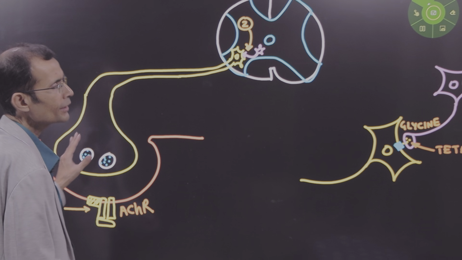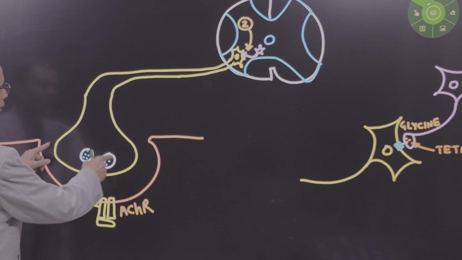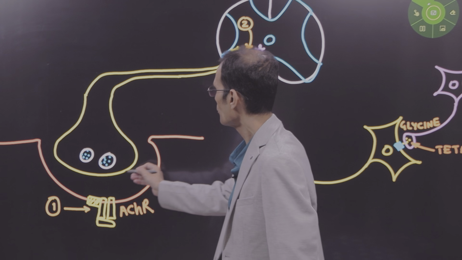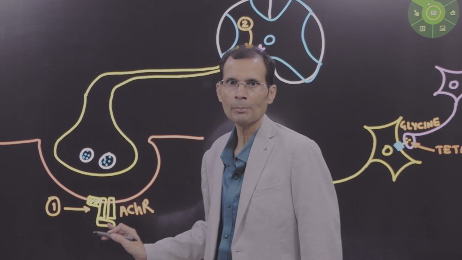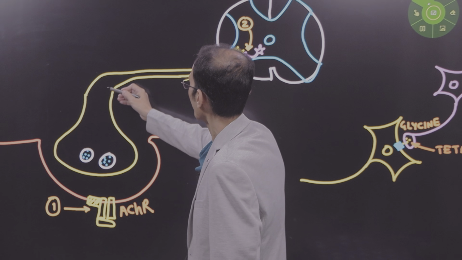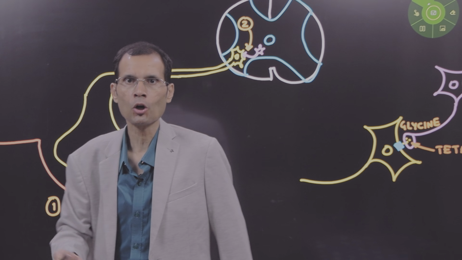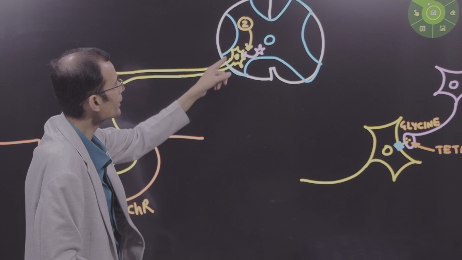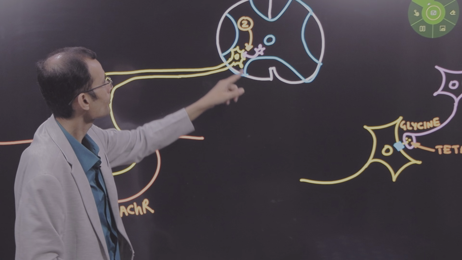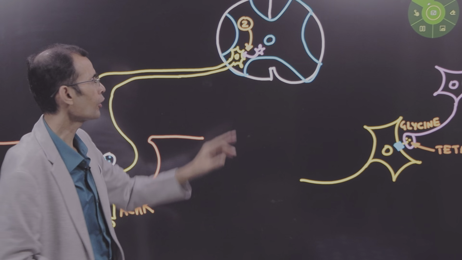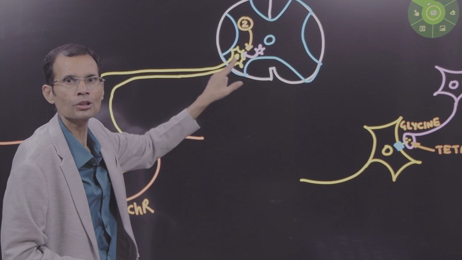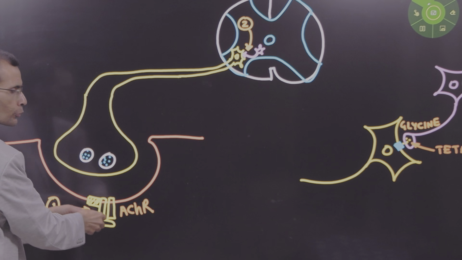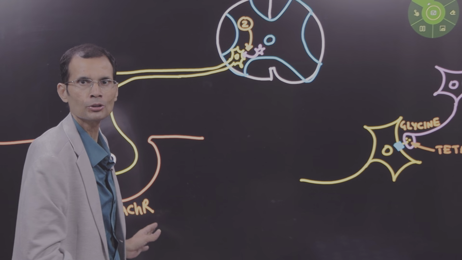So let's see how these two toxins work. You can see here this is a motor nerve terminal ending on the muscle membrane, right? Now this motor neuron is coming from the spinal cord. So here is the spinal cord transverse section, and the anterior horn of the gray matter has the nerve cell body of this motor neuron. So this is the anterior motor neuron, this is the nerve cell body, and this is the axon which is coming to the muscle.